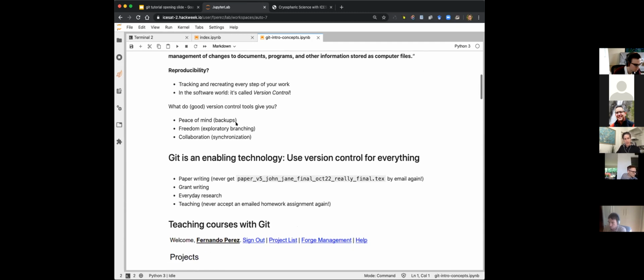It gives you peace of mind because having your data under version control effectively acts as a backup. It gives you the freedom to explore new ideas, to try new things that might not work out and backtrack easily. And it gives you a way to more easily collaborate with others, because by having your data stored with a system like Git, others can get to that same state and synchronize with you without